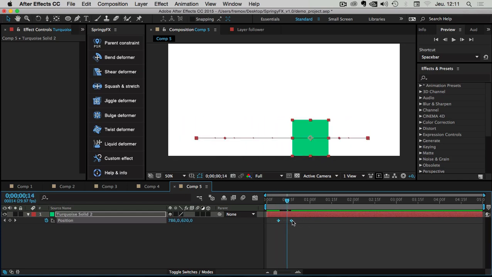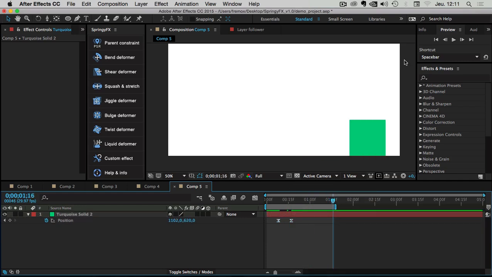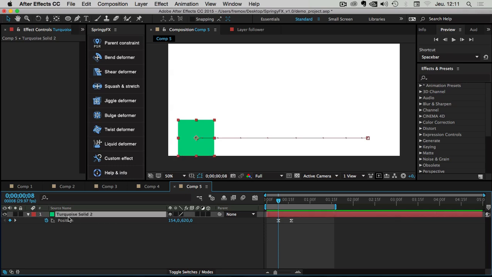So if I easy ease this animation, and if I make a quick preview of my animation, I have something like this, which really isn't that interesting. But as soon as I select this solid, I will name it sliding box, for instance. Okay, as soon as I select this layer, since it moves along its x-axis, I can now use the Shear